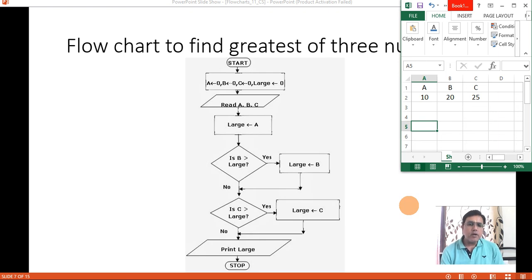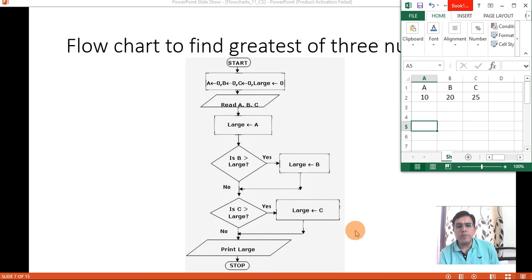Here we have another logic to display the greatest of three numbers. Now this logic can be used to find the greatest amongst a list of numbers. If suppose you have to read 10 numbers, 20 numbers, 40 numbers, right? Or you have to read 5 numbers, then this logic can be used to compare.